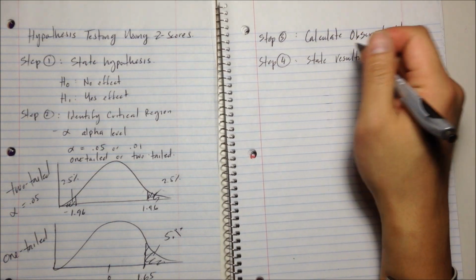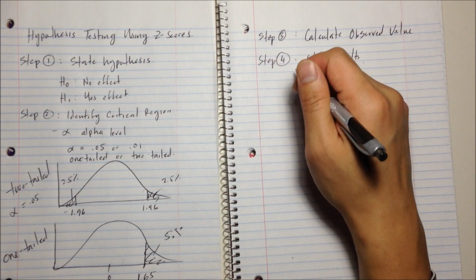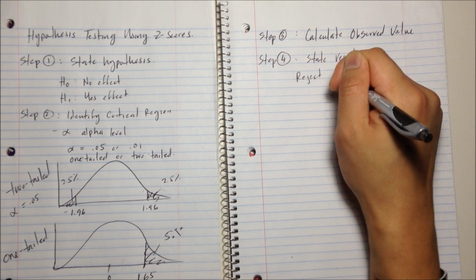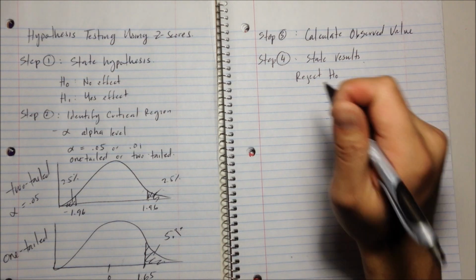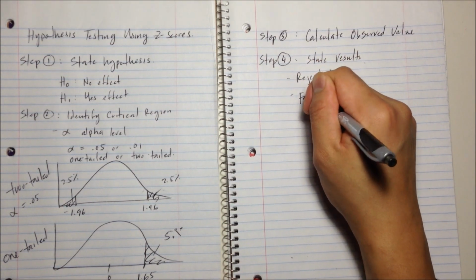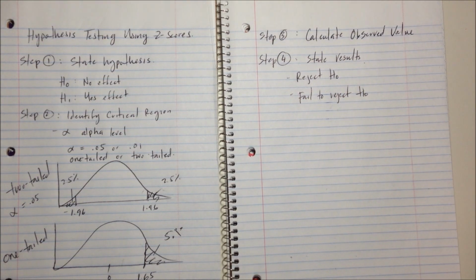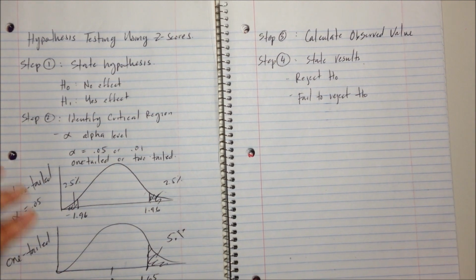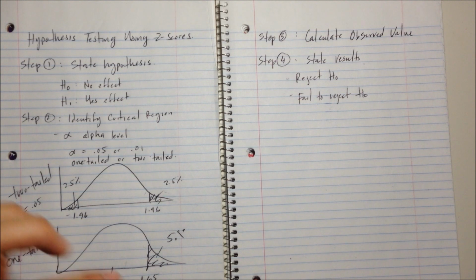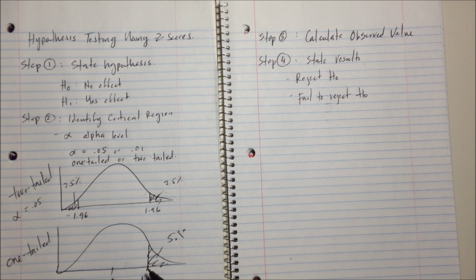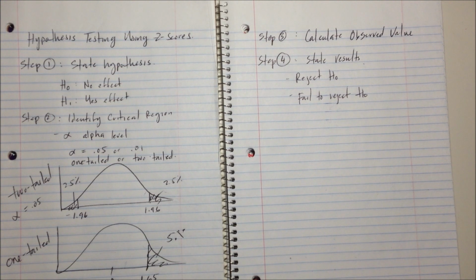And when we state the results, it's either one of two things, okay? The first thing is we reject the null hypothesis. The other option is fail to reject. Those are the only two options, okay? You cannot accept anything. I cannot emphasize that enough. We can't accept the null. We can't accept the alternate hypothesis. The reason is because there's always some percentage of error. We can't accept anything 100%. All right. In step 5,